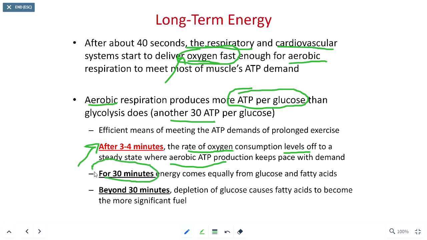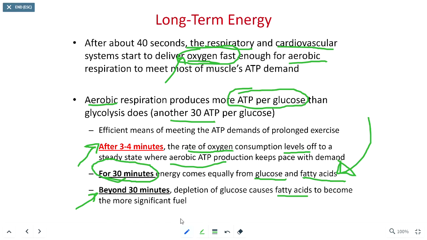As we're looking at that 30-minute mark of exercise, we're typically going to find that we shift from glucose to fatty acids. So for those of you who are trying to get rid of love handles in particular, you need to typically have about 30 minutes of exercise before you shift over to consuming fatty acids, or 30 minutes of a glucose shortage before you shift over to fatty acids. And remember, we're really good at storing glucose in our bodies. And then anything beyond that 30-minute point is going to focus primarily on fatty acids and a process known as beta oxidation to